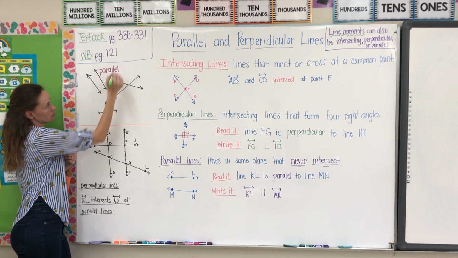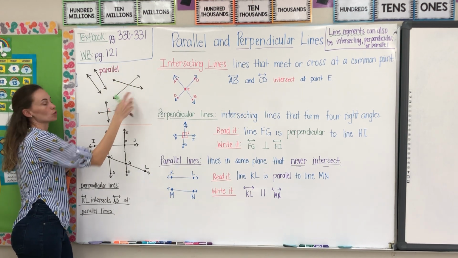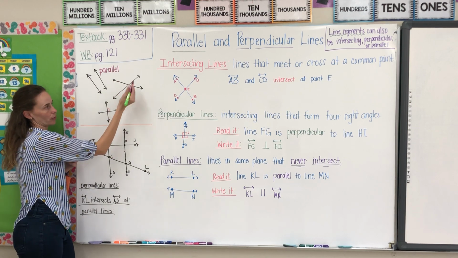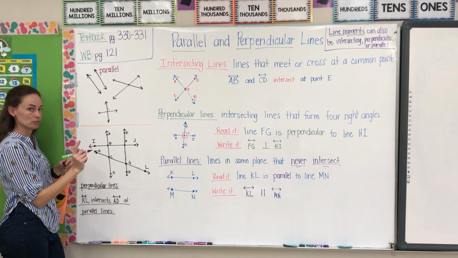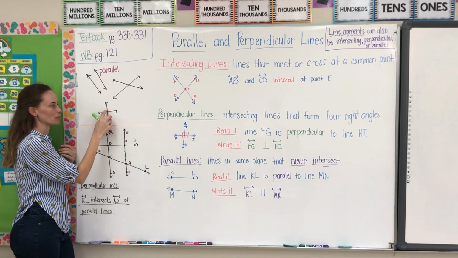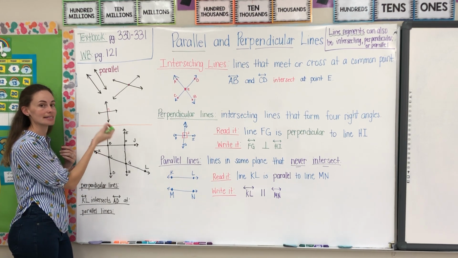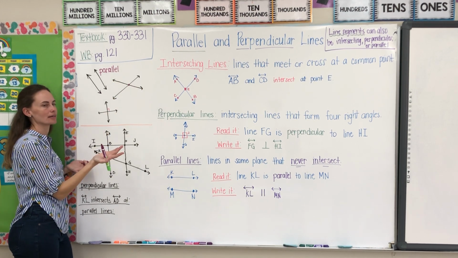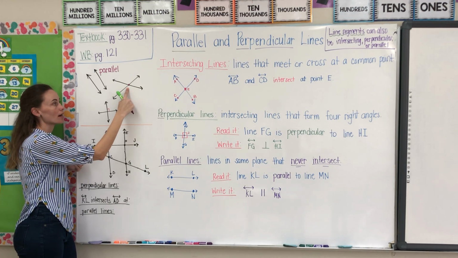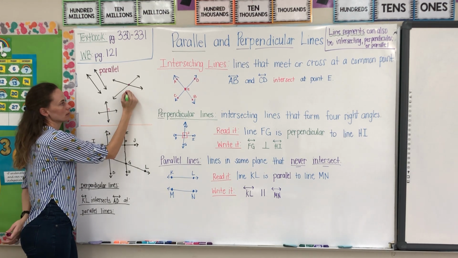Parallel. Okay. These two cross at a certain point, right here, but they don't make a right angle. How do you know it makes a right angle? It has the little box, right? That identifies it as a right angle. So if it doesn't have that little box, then that's not going to be a right angle. So since they cross, they are intersecting